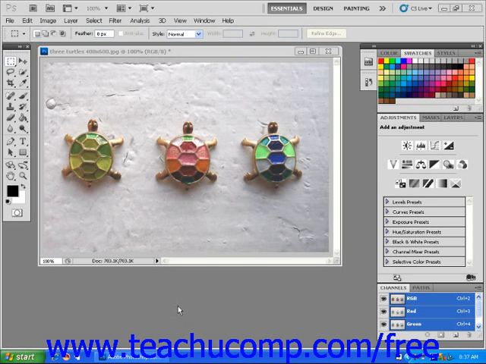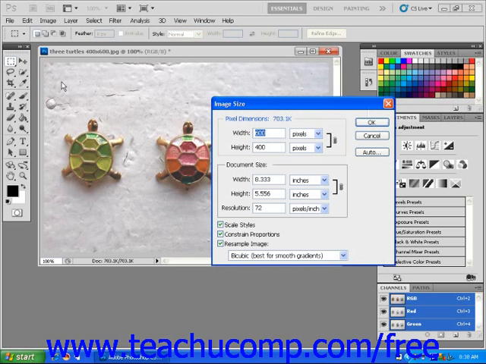You may have noticed that Photoshop doesn't really have the equivalent of a Properties Inspector panel. So, in order to get information about the size of this file, I'm going to choose Image Size from the Image drop-down menu. This will open the Image Size dialog box, and I can use this dialog box just like the Properties Inspector. Not only can I get information about the image from this box, I can also click within the various text fields in order to edit my image. For now, I'm going to take note that this image is 600 pixels wide by 400 pixels tall, and then